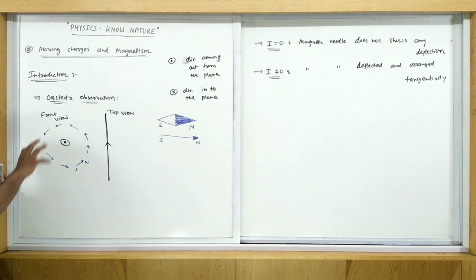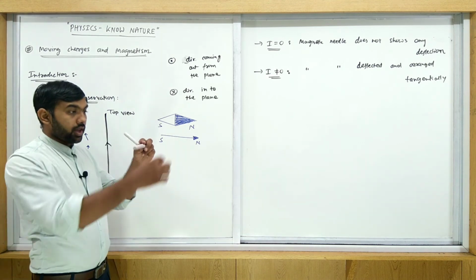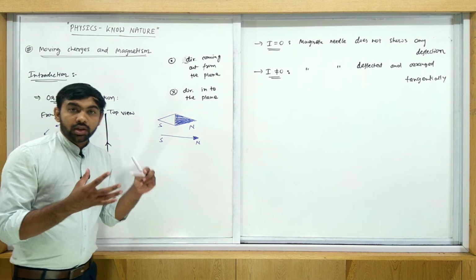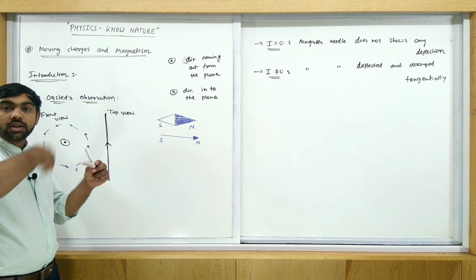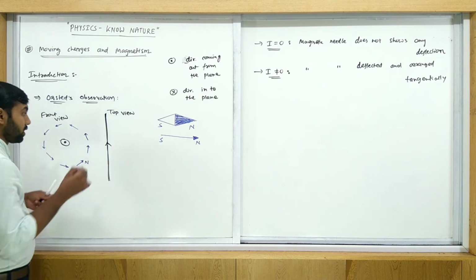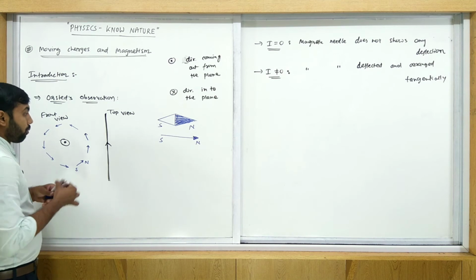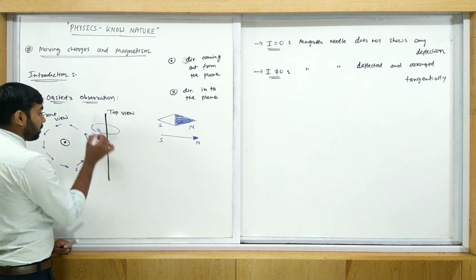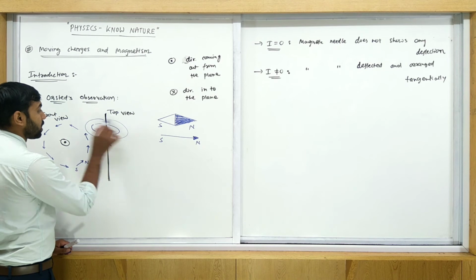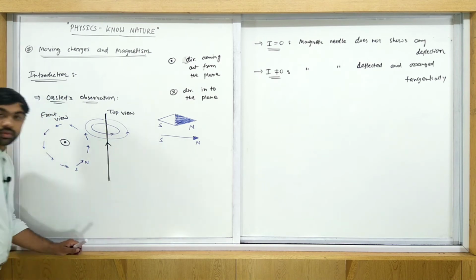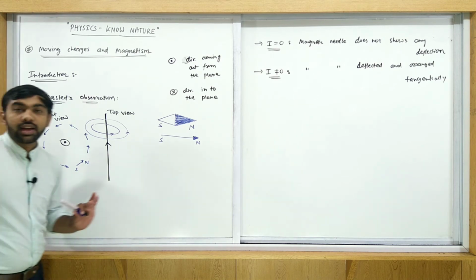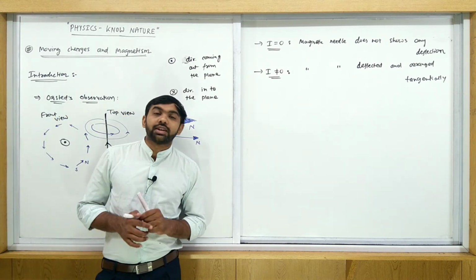It means that in the surrounding something is produced. If you see the top view, this is the front view. Here you arrange this number of needles, so along the wire, in a circular format, something is produced. But it is not an electric field. We don't know what is produced, but consider that something is produced, and that's not an electric field. Why? Because the wire is electrically neutral, meaning the electric field is zero.